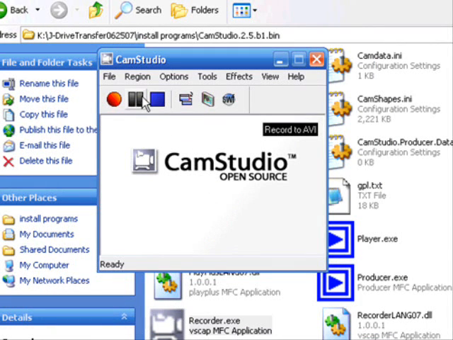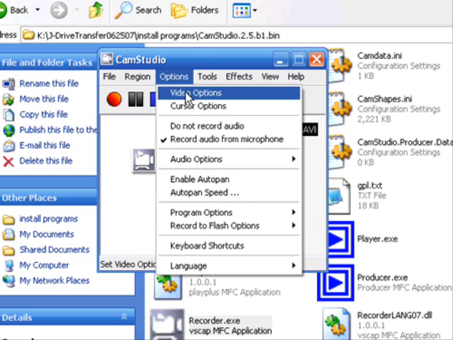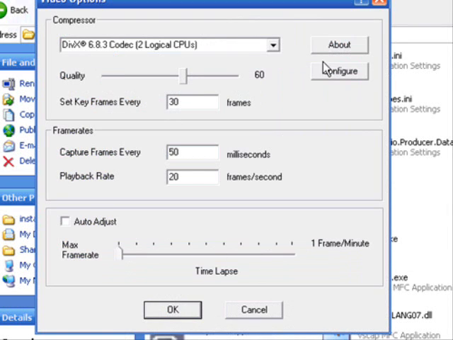Oh, one other thing too. Let's go back here. Video options. On this one here under configure,